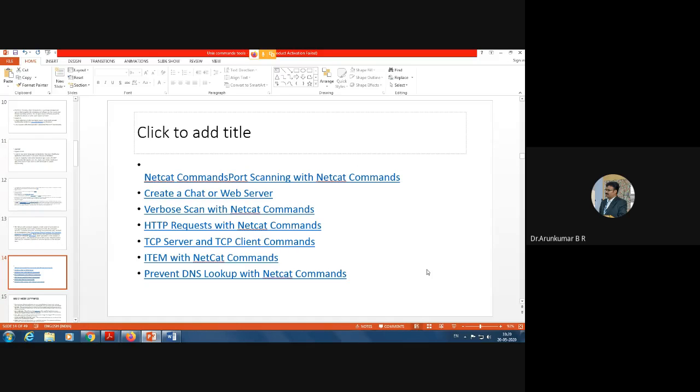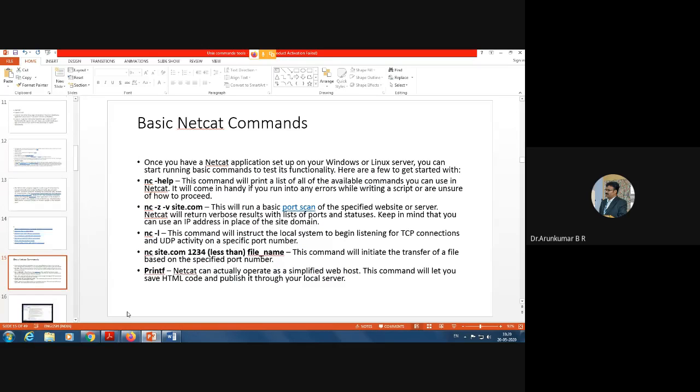You can do many things with Netcat commands: create a chat or web server, do a verbose scan, do HTTP requests, do TCP server and TCP client commands, and prevent DNS lookup with Netcat commands. You can do